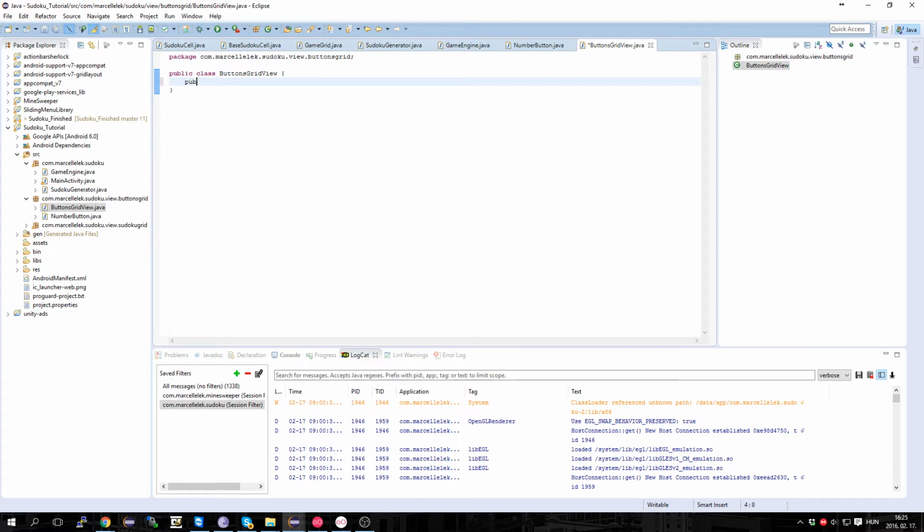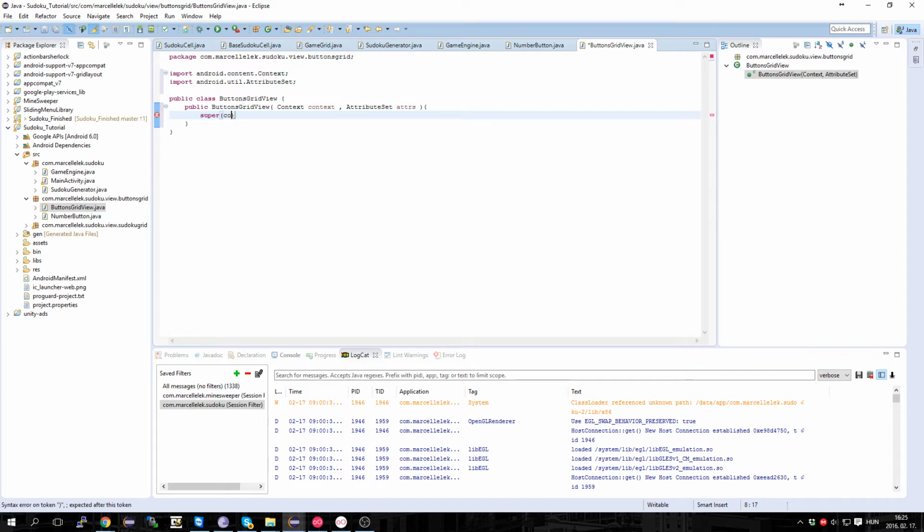So let's make a constructor view with a context and an attribute set. Import them, give it back to the superclass,